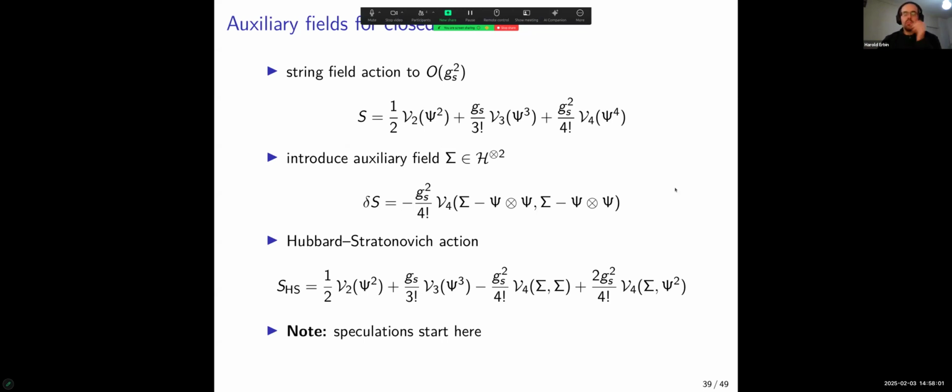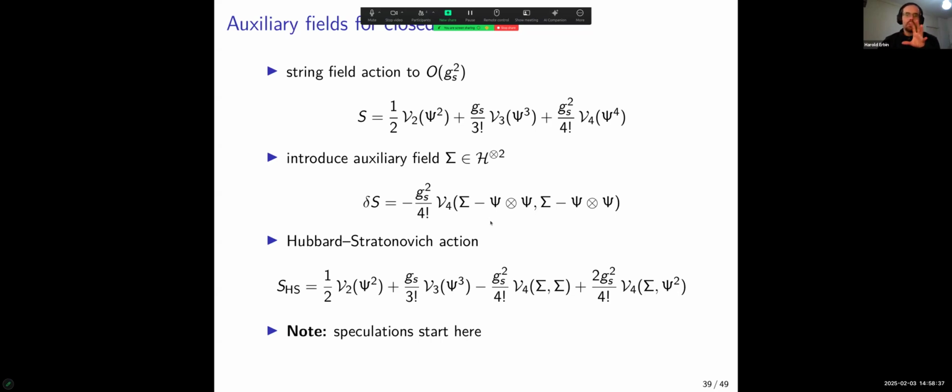It's just trying to generalize what we saw in the previous sections. So the first thing you can note, which is a bit peculiar here, is that when we work with the open string field, the auxiliary field was also just a normal string field. Now here we see that sigma must live in two copies of the Hilbert space. In fact, it's exactly what we had seen for the vector scalar field, where sigma had two indices, i and j. So this vector model is a good toy model for closed-string field theory, because we have